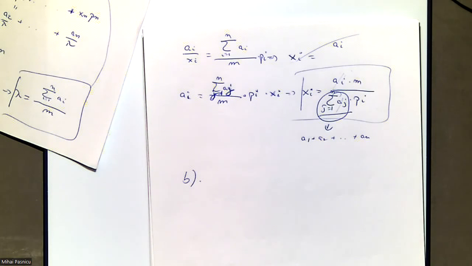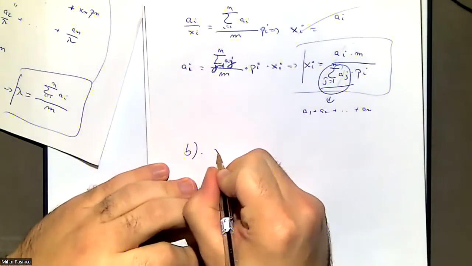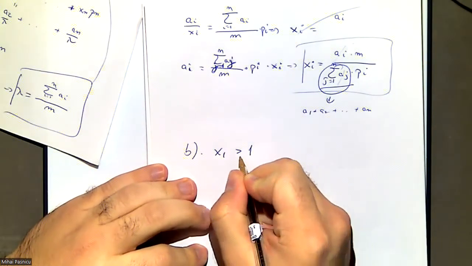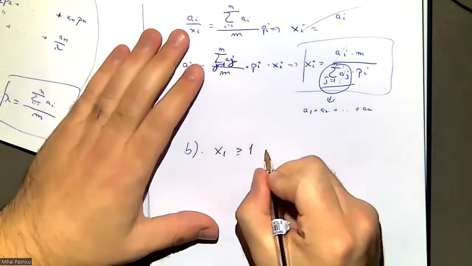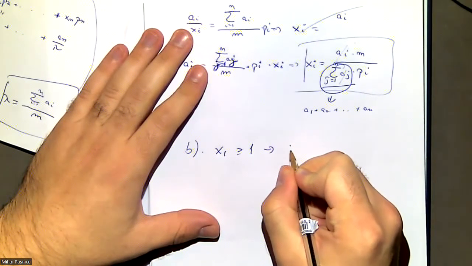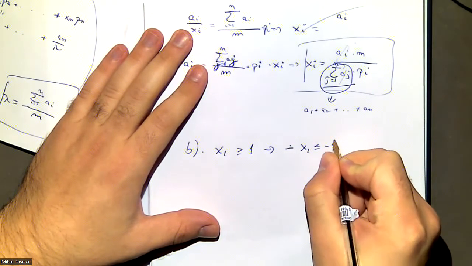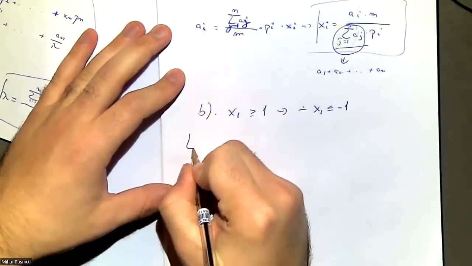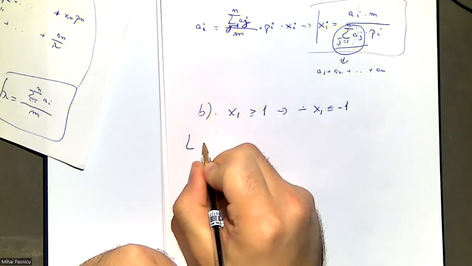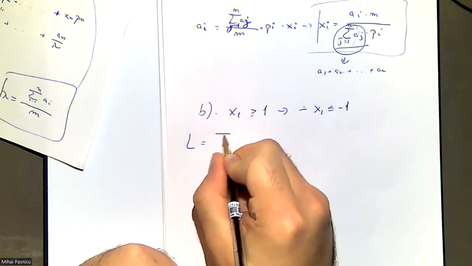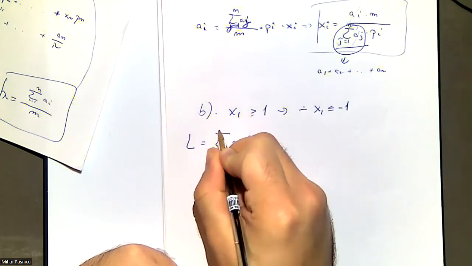Okay. Point B. You're given the condition x1 greater than or equal to 1. This actually went pretty smooth for a lot of the people. The idea is that you put it with a minus and you get minus x1 smaller or equal to minus 1, which is fine. And then you write the new Lagrangian, which is the same one as before. So it's the sum of ai ln of xi, i from 1 to n,